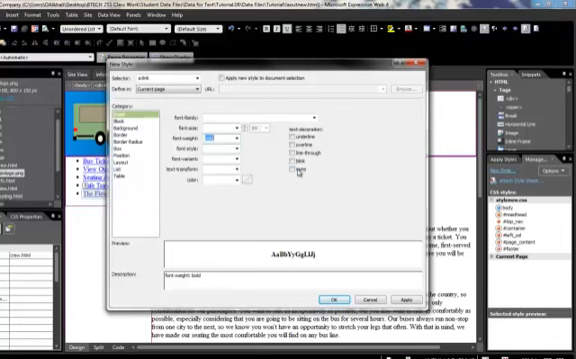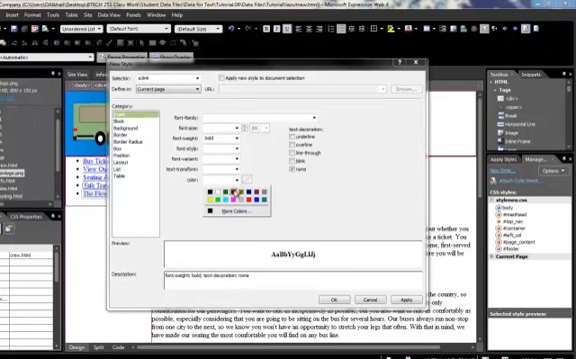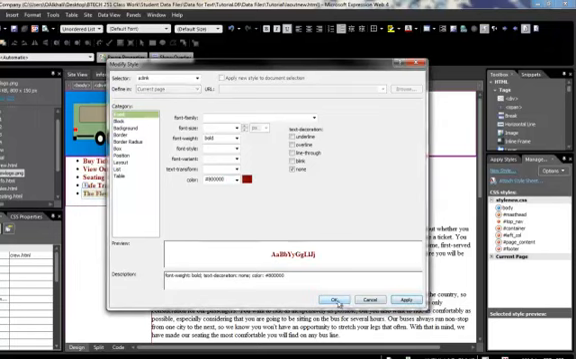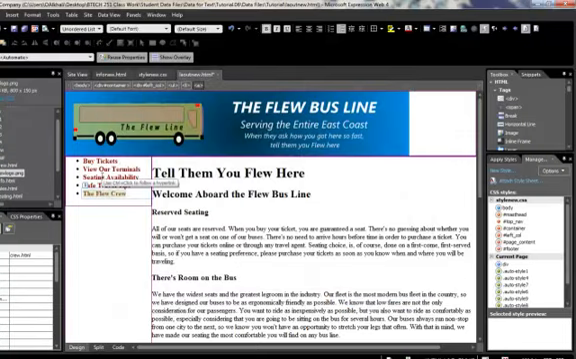Decoration, no decoration. Color, we can leave the color blue. I'm probably going to change it to something maroon. Then click apply. Everything changed to maroon. I'm not just going to stop this, because I want also the visited and the pressed down